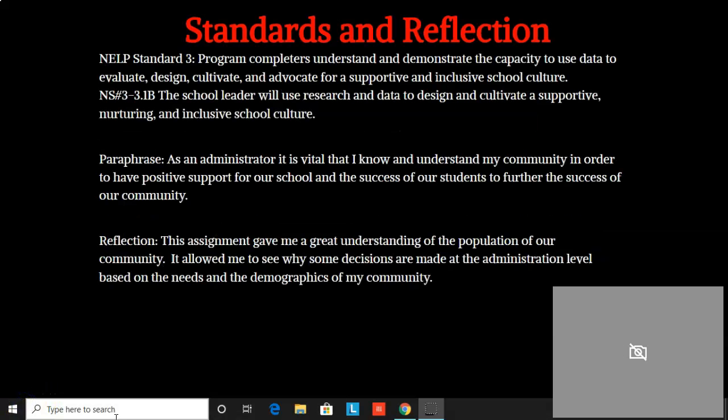I also chose standard 3. The school leader will use research and data to design and cultivate a supportive, nurturing, and inclusive school culture. As an administrator, it's vital that I find out the information about my community and I understand that information in order to make a positive support group for our school and the success of our students,